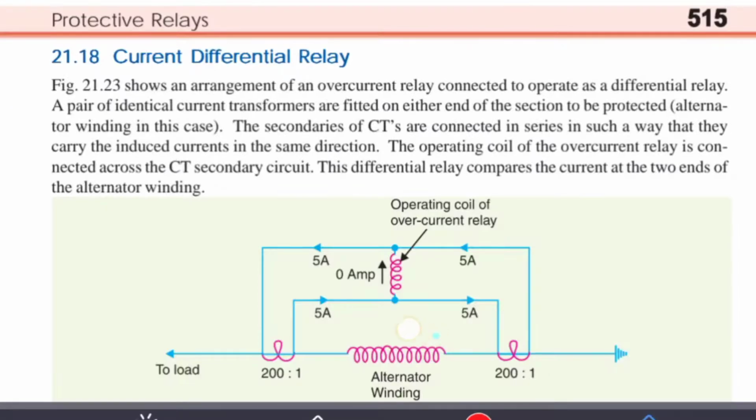Here you can understand what a current differential relay is. An alternator winding is between the two current transformers. We are provided the equipment to be protected: the alternator winding is provided